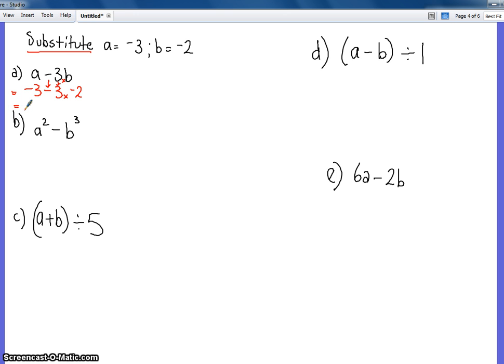And so what you do is you work your way through and you say, well, would I work from left to right, or would I need to do BEDMAS first? Well, I'll probably need to do BEDMAS first. So BEDMAS is negative 3 times negative 2. Would you agree? Negative 3 times negative 2 is positive 6. Negative 3 plus 6, so your solution comes out to be 3. So what you're trying to achieve